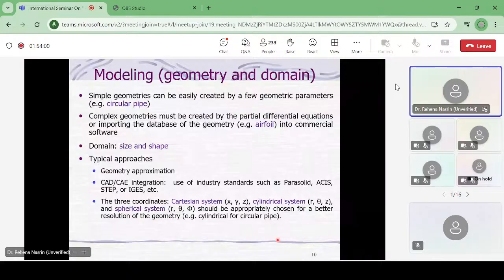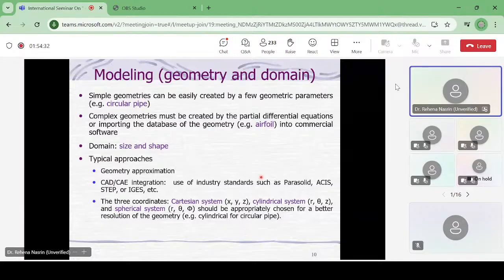You have straight, and it may be two-dimensional analysis, it may be three-dimensional analysis, it may be Cartesian coordinate system, also can be cylindrical coordinate system, also can be spherical coordinate system. So based on your research geometry and research topic, you have to draw geometry, draw set, domain, and mesh also in your software or